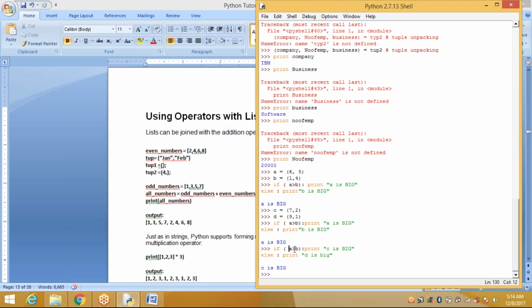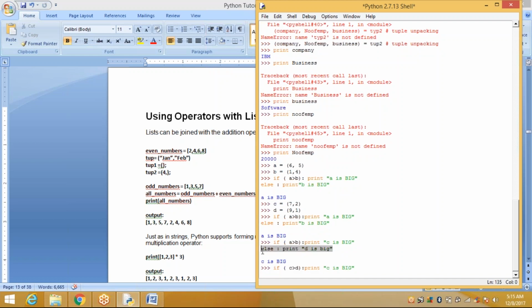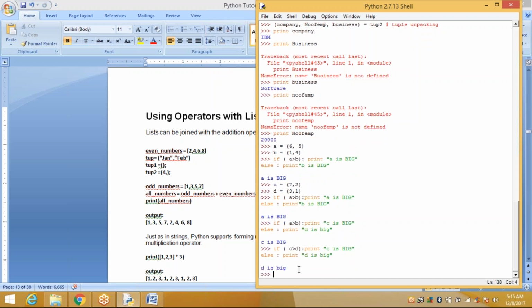If you give C is greater than D here, it will display D is big. Already you have A is equal to (6, 5), B is equal to (1, 4).